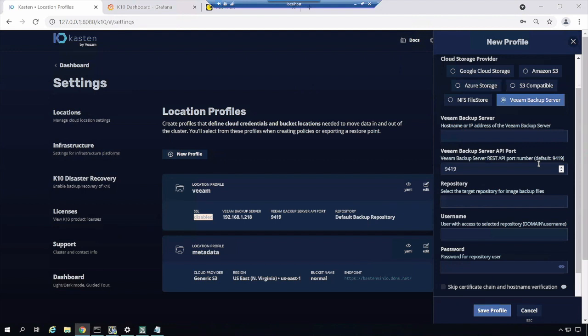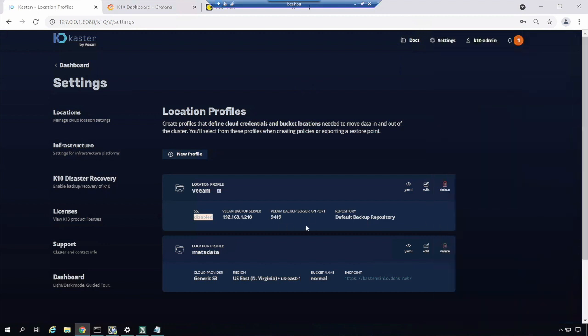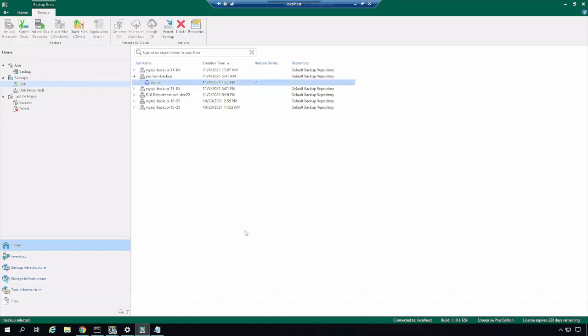And again, this is leveraging APIs that are being exposed via Veeam Backup & Replication. We give it our backup server. Our API port is the default, but obviously that can be changed if need be. We give it our repository, our username and password. And then what happens is, if we jump over to VBR,